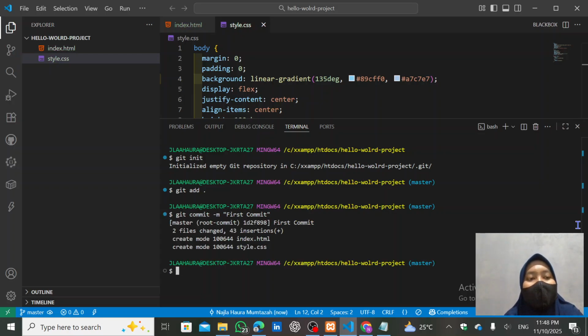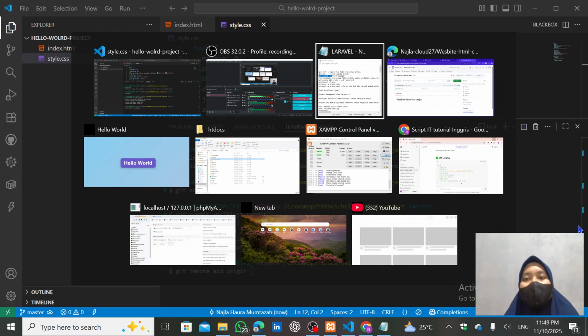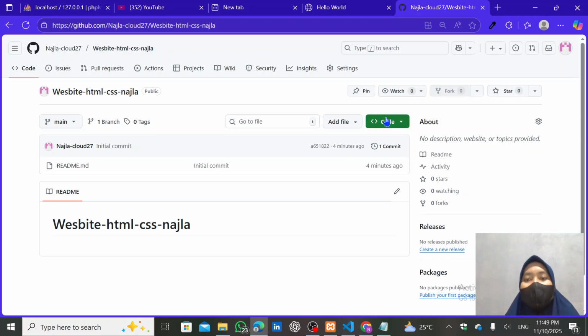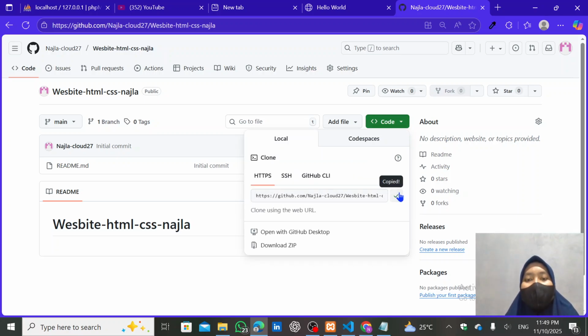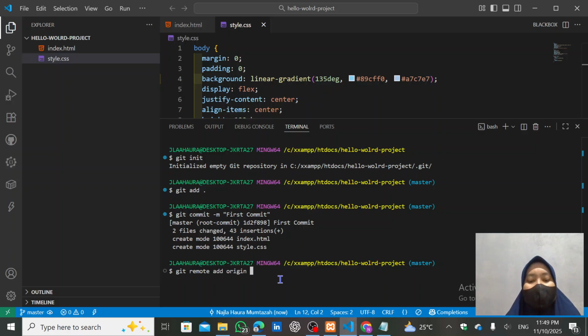And next I add the remote origin with the HTTPS URL to GitHub. So git remote add origin, space, and I copy the HTTPS URL from GitHub and paste it. Then I press enter.